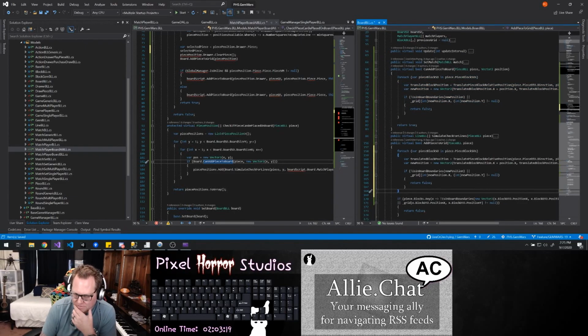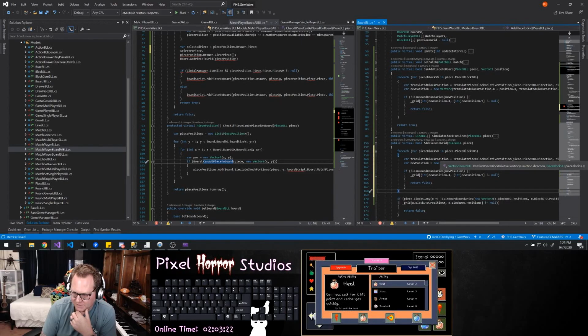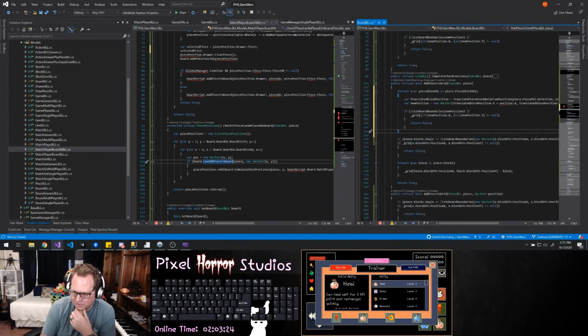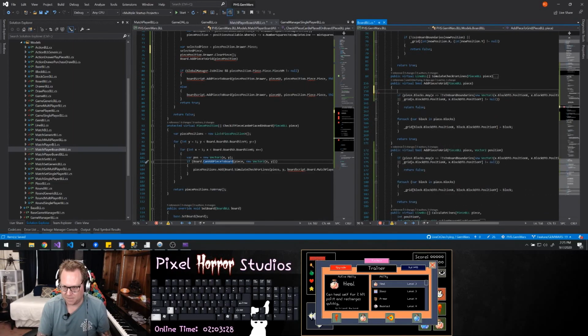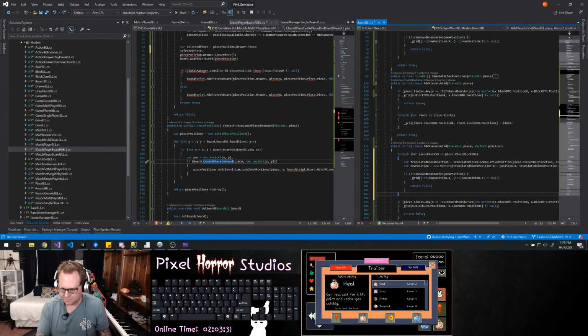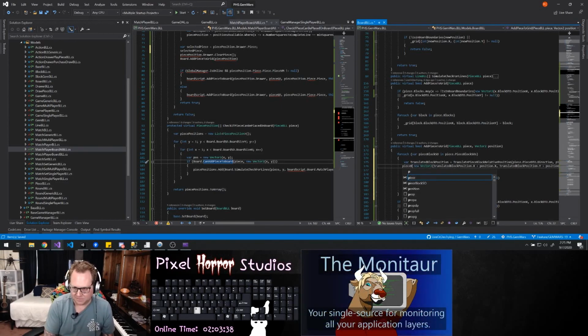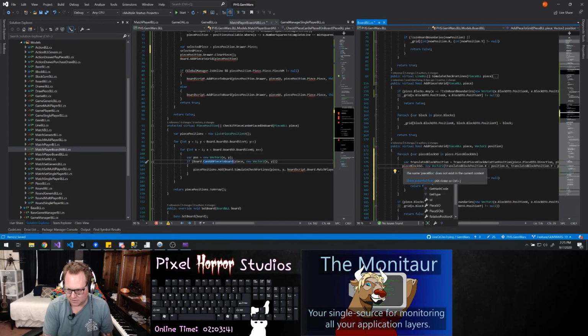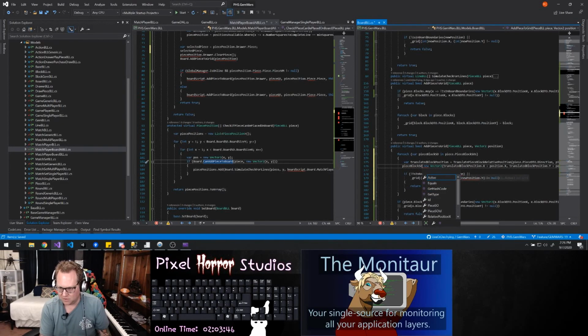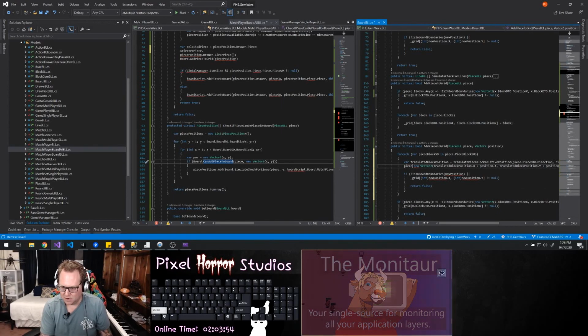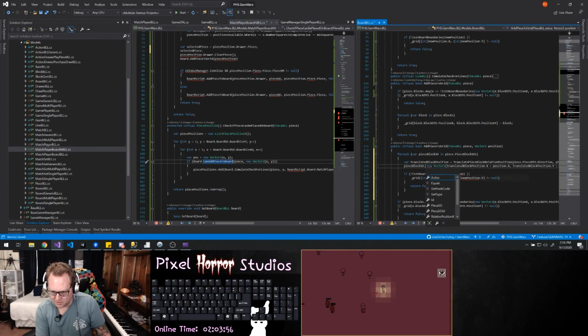And I want to say for each one of my piece blocks in piece, I want to set the translated position. And I want to say that this is my piece block SO dot position. Relative position X, no. Piece block SO dot